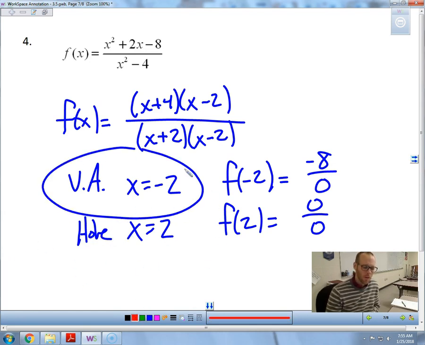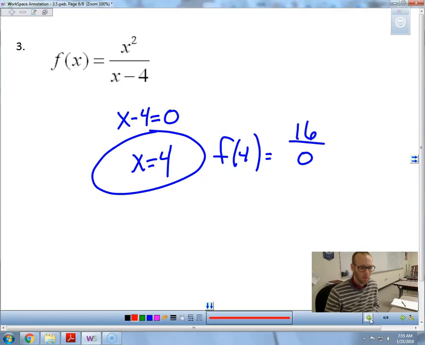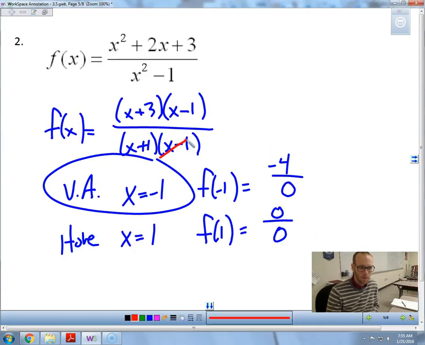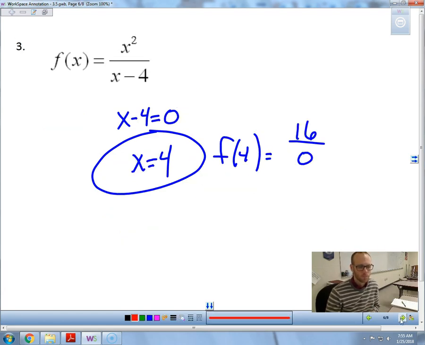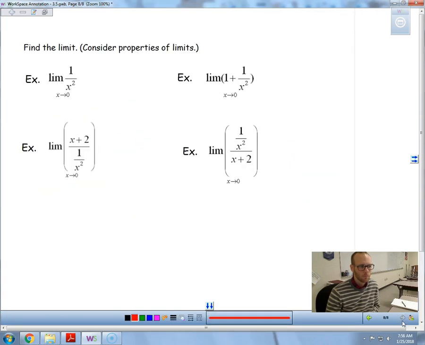Remember that holes happen when our factors cancel out. It's a reminder there. We saw that on this one as well. The x minus 1's cancel. That's why x equals 1 ends up being a hole there. 0 over 0. All right, last thing that we're going to look at in this video is finding some